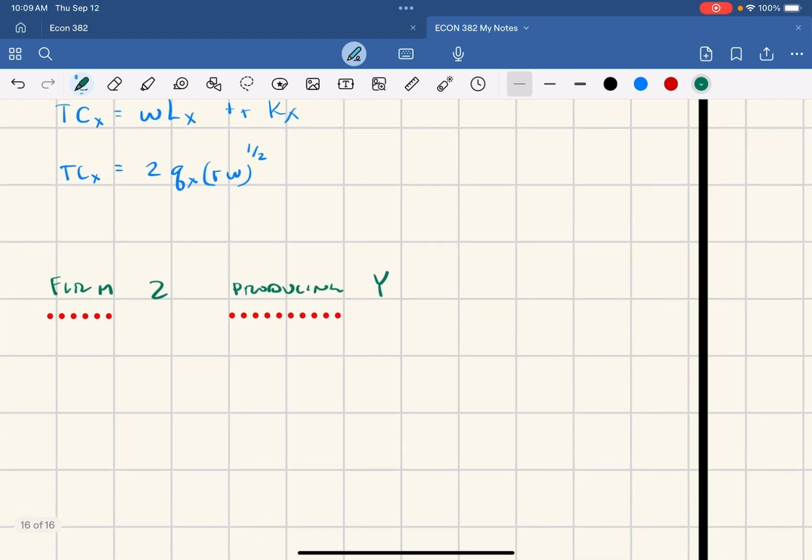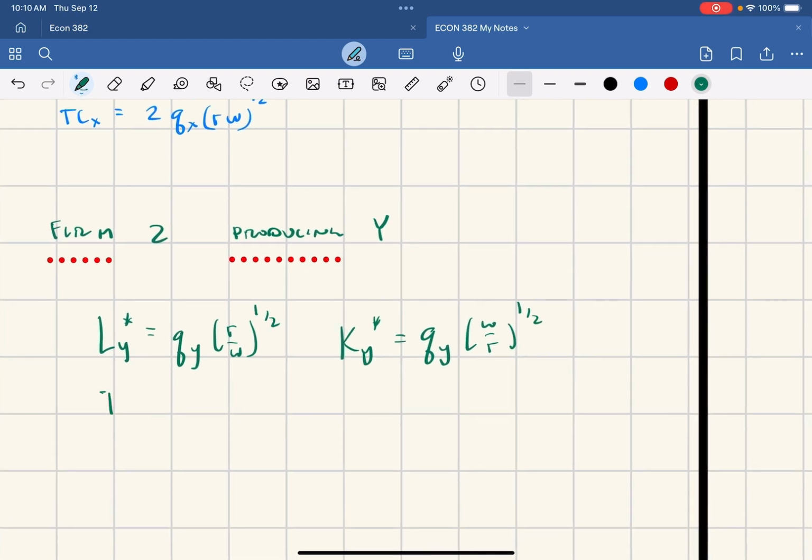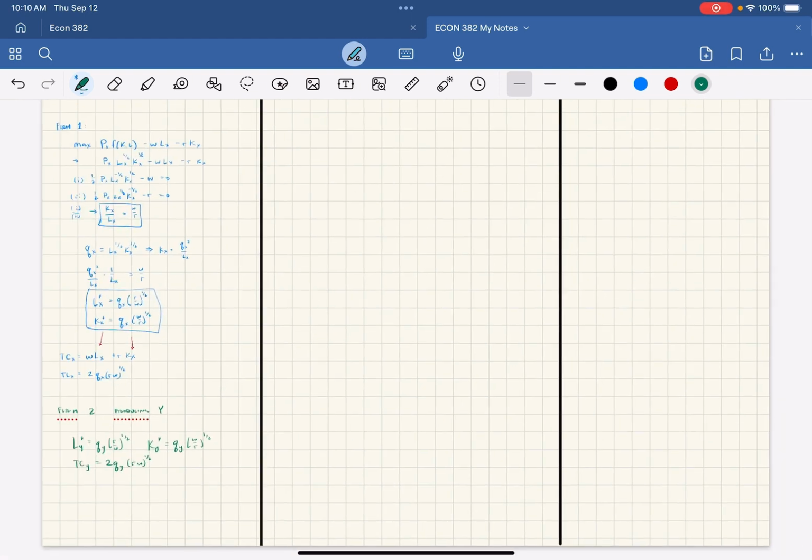And we'll follow those exact same steps to find that the optimal amount of labor is equal to QY (R over W) to the 1/2, and the optimal amount of capital is equal to QY (W over R) to the 1/2, and that the total cost of Y is 2QY (RW) to the 1/2. By symmetry, that works. So we're going to pause right there for the producer. So we've identified the optimal amount of labor and capital that the producer demands from the consumers for both goods